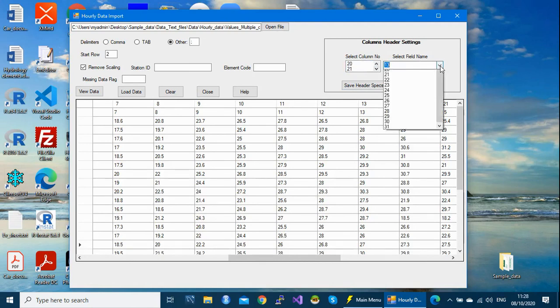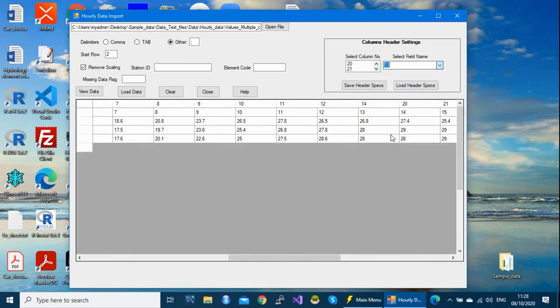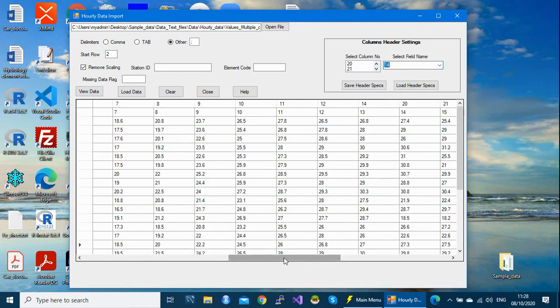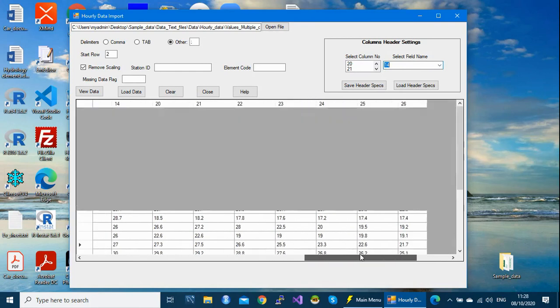20 is our 14. So you can scroll again to see the rest of your values.